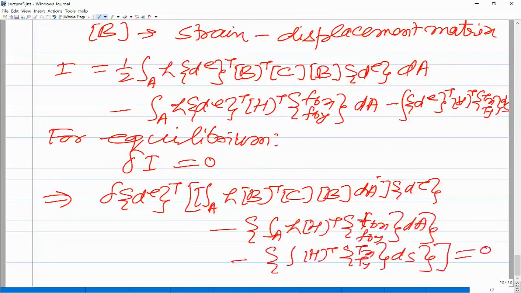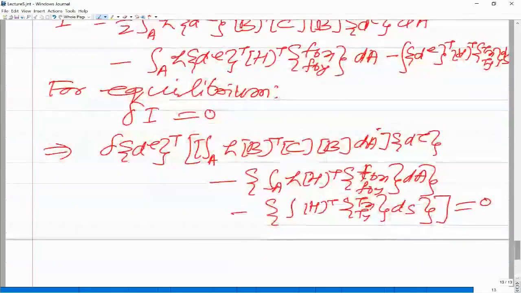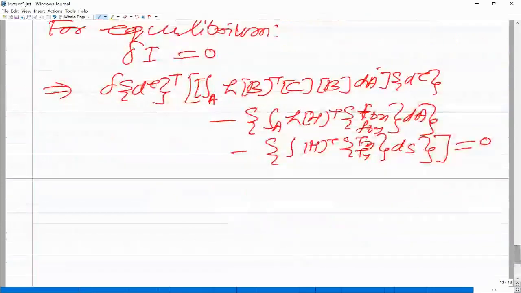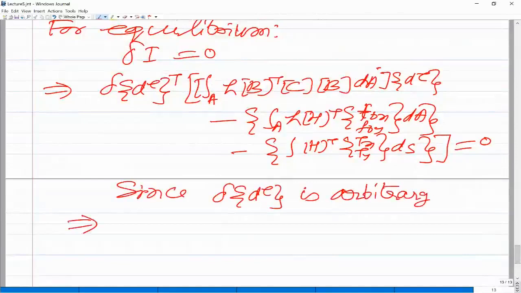This is equal to 0. So now we get delta I equal to 0. Since delta DE is arbitrary, we get the equation of the form KE into DE is equal to